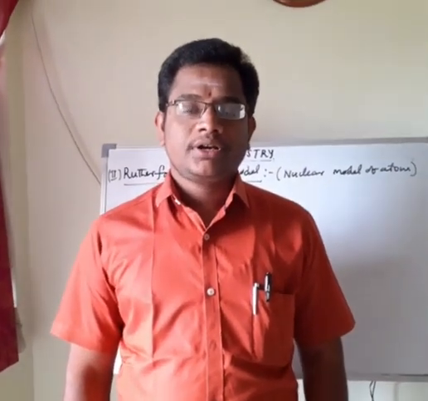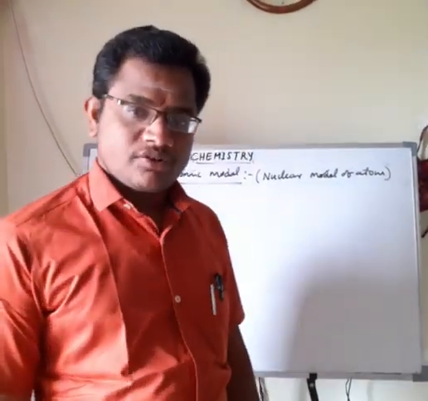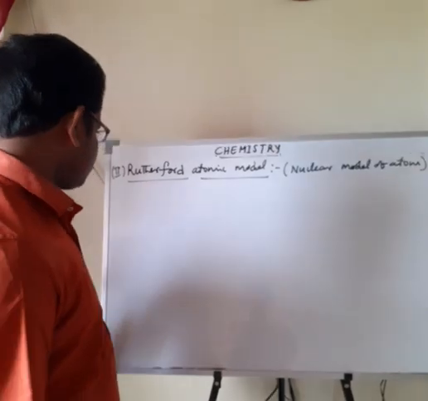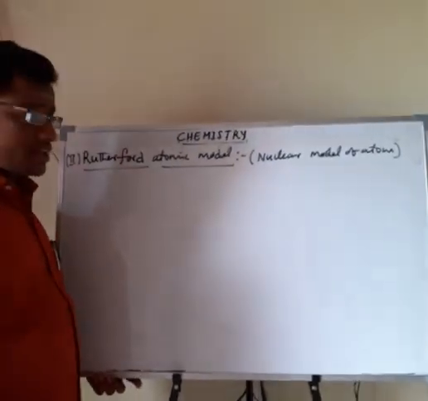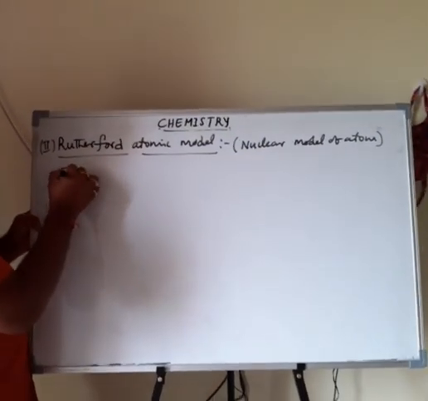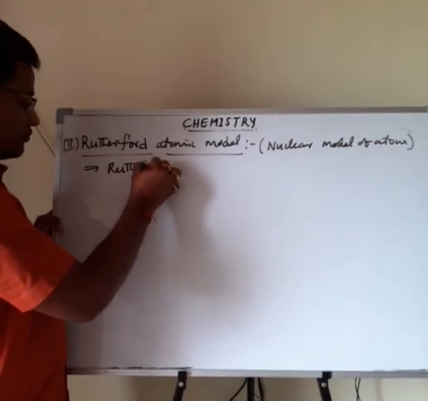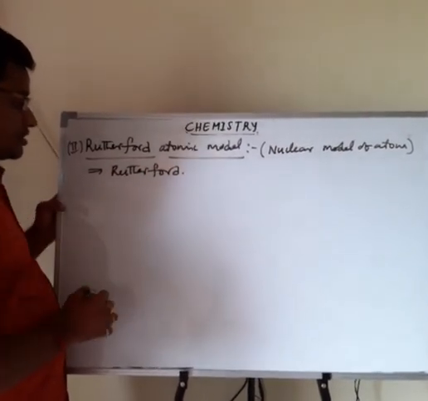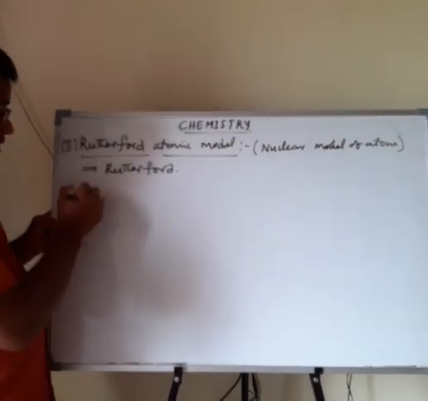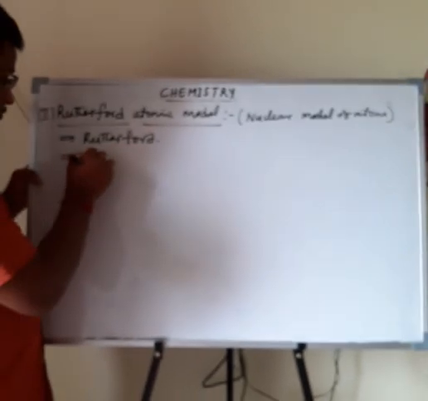Good morning, students. Last class we completed the Thomson atomic model. Next is the Rutherford atomic model. What is the concept involved in this atomic model? The Rutherford atomic model, another name is the nuclear model of atom. This Rutherford atomic model was explained by the scientist Ernest Rutherford, and it is explained on the basis of